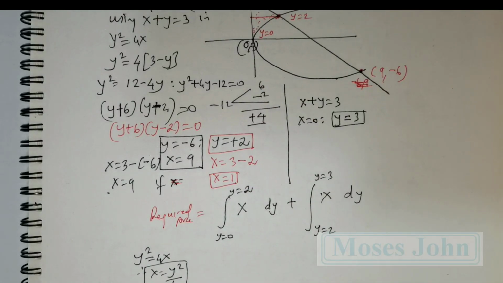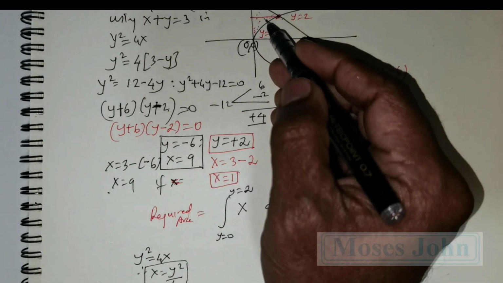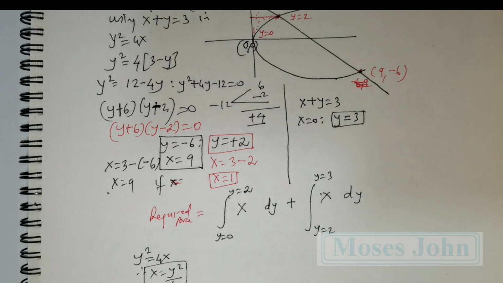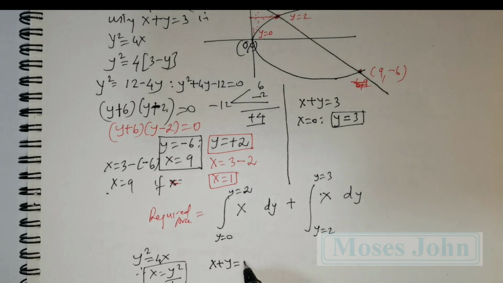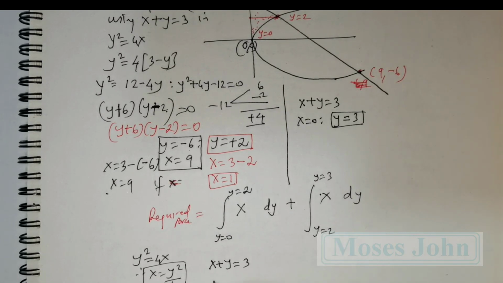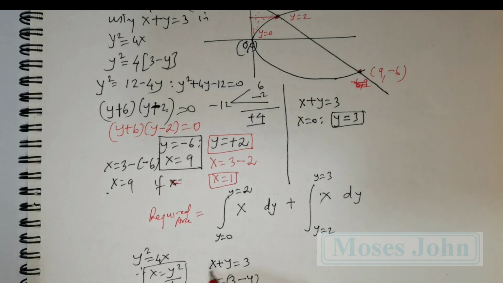Now, for the next segment, that's going to be the line. Okay, the line is given to be x positive y is equal to 3. We need to write it for x. So, x will be equal to 3 negative y. So, using these two